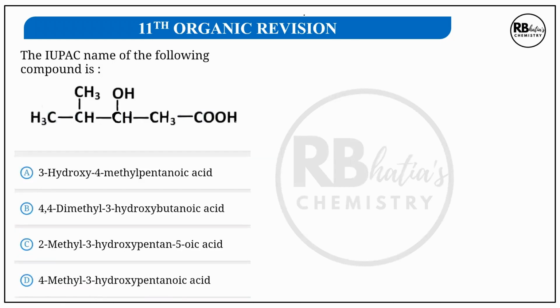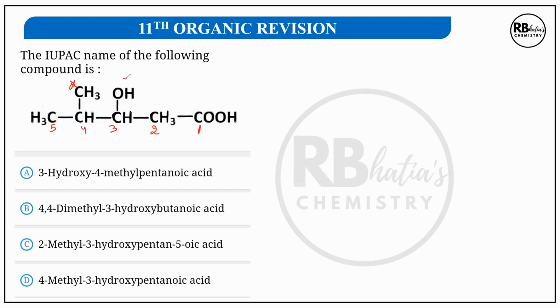The next question is, give the IUPAC name of the following compound. In this question, again, numbering has to start from here. There is no complication. 1, 2, 3, 4. Either go 5 here or go 5 here. Any of the two can be taken as 5. It's a carbon containing functional group, so numbering always has to start from a carbon containing functional group.